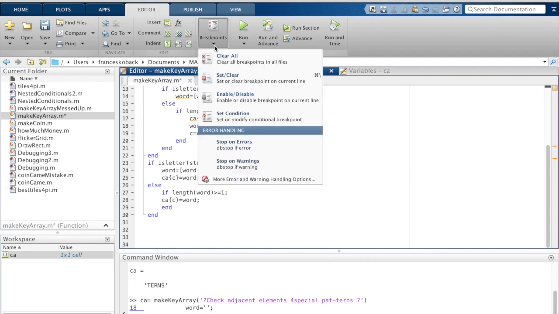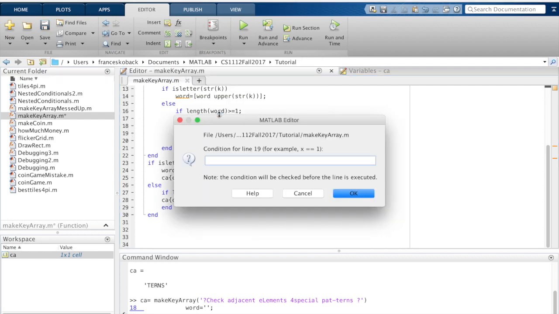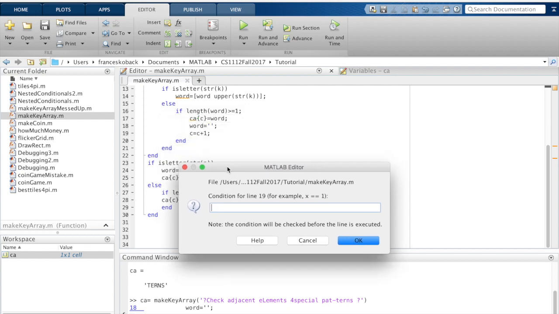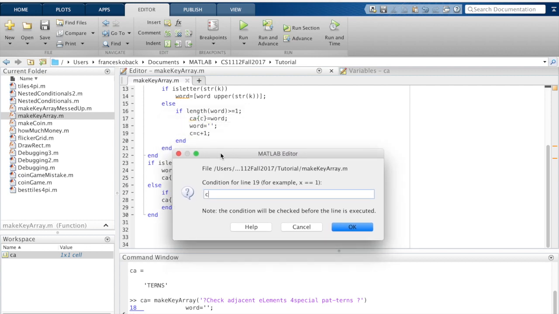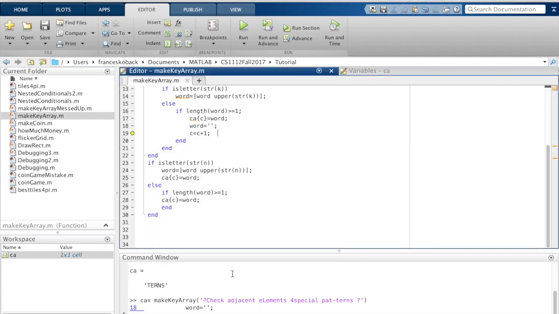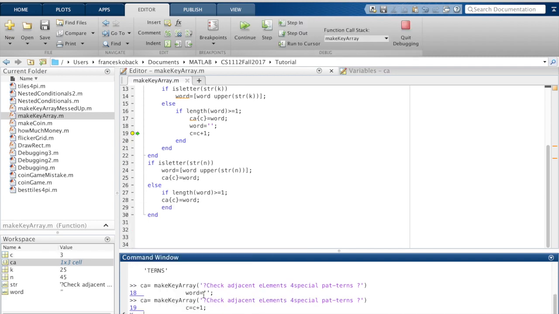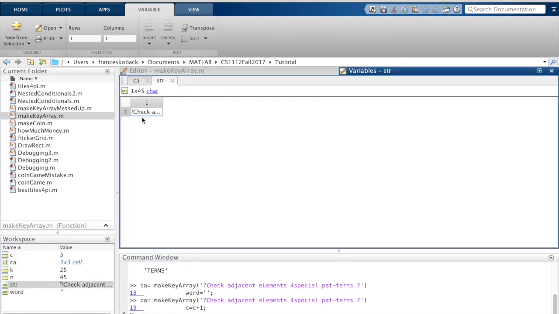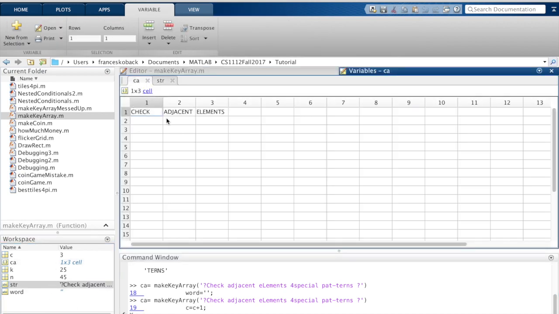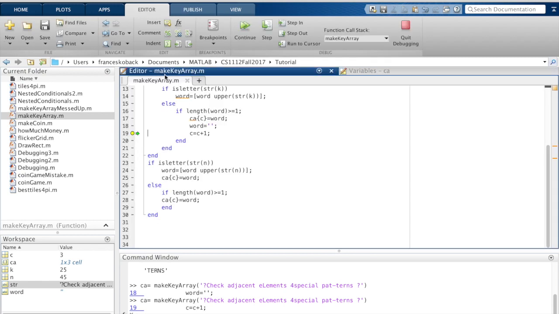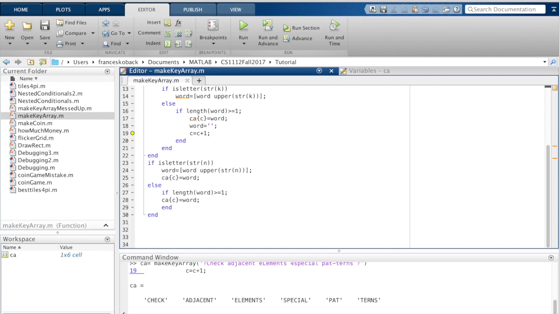So let's look at another way we can use breakpoints. We can set a breakpoint in our code when a certain condition is met. So for example, if we want to pause execution of the program whenever we're at the third word, we can write C equals 3 as a breakpoint condition and then run this. And if we check the value of the CA cell array, we'll see that it has check adjacent elements as its 3 words, which is right. So now we press continue and the entire CA shows up,